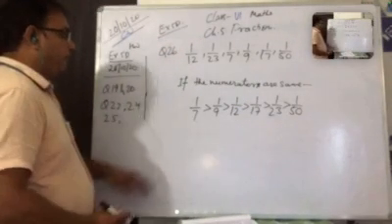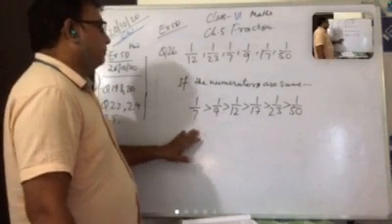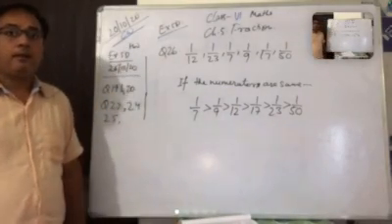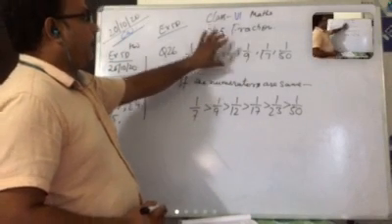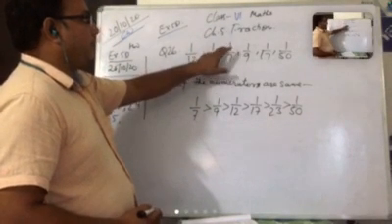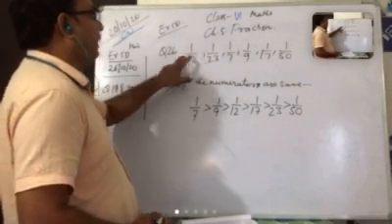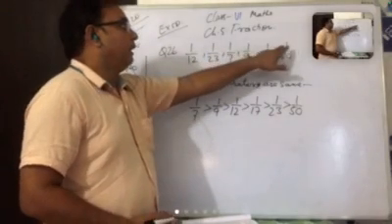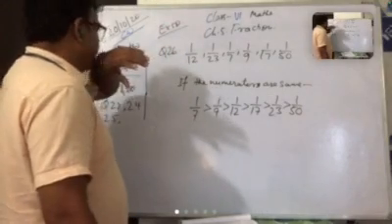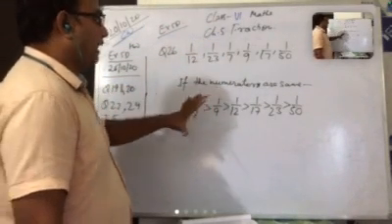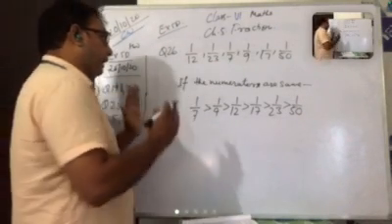If the numerator is the same, the smaller denominator becomes big. Clear? Because here 1 is divided by 7 means 1 divided into 7 parts, 1 divided into 9 parts, 1 divided into 17 parts, 1 divided into 12 parts, 1 divided into 23 parts. Now at the last, 1 divided into 50 parts. So we know that with 1 upon 7 the division is large. So it means that if there is a smaller division, that fraction is bigger.